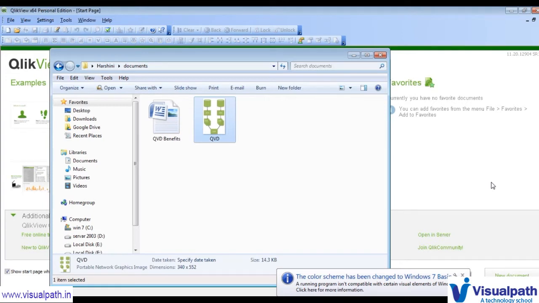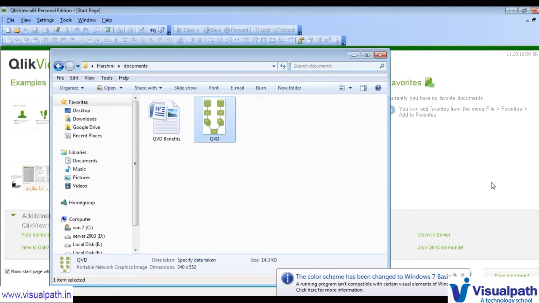But here, what we do is create multiple applications in QlikView. So we'll create two different applications. In the first application we'll take the data from different sources, SQL or SAP or any other databases, and in that application we'll just convert the data to QVD format, and we are not going to store any data in that QVD generator application. Okay, that is the first application.